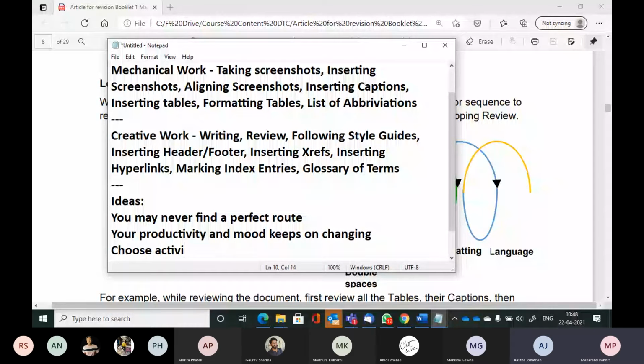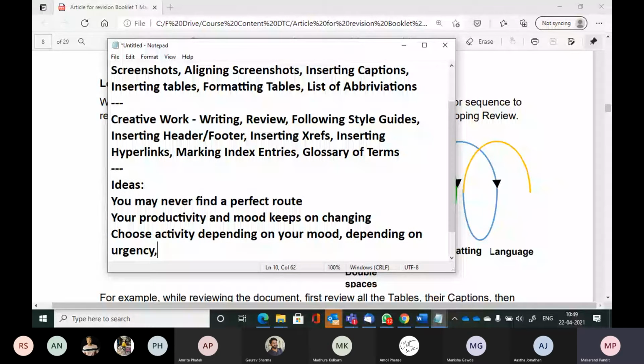So choose activity depending on your mood, depending on urgency, depending on schedule, and so on.